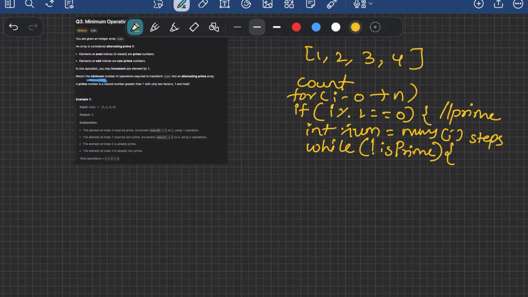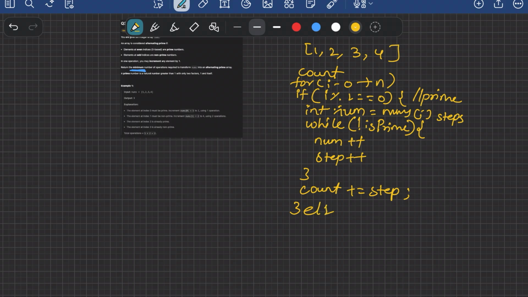So if it is not a prime, then what you're going to do, you'll be incrementing the number and you will be incrementing the step. When you find that the number is prime, then you will be adding count plus equal to step,